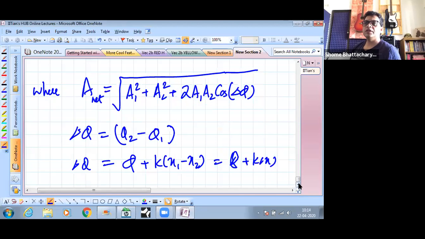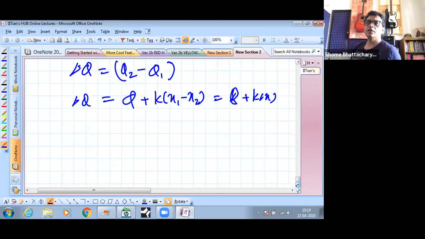Yeah, so you should be getting this now. Okay. So here, why this term is not only phi, why this x1 minus x2 term is also there, is because they are also having path difference. So I'll explain this in a question and you will understand. But currently you can also see,